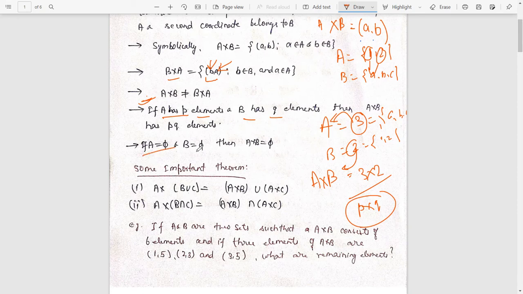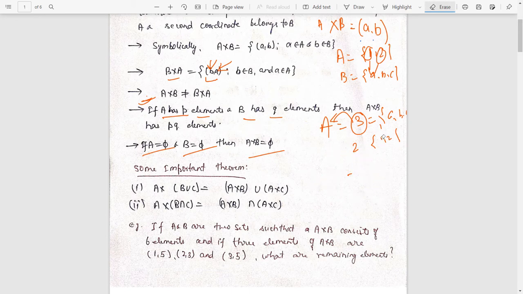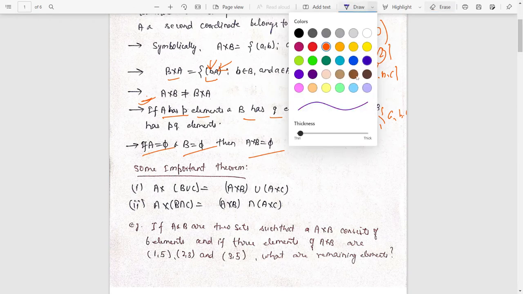Obviously, the next point is if A is equal to a null set and B is also equal to a null set, then A cross B is also going to be a null set. So these points you have to keep in mind because these things can be used while solving questions. Obviously, we have different types of properties based on the relation and the Cartesian product. Then we'll go to the definition of relation.